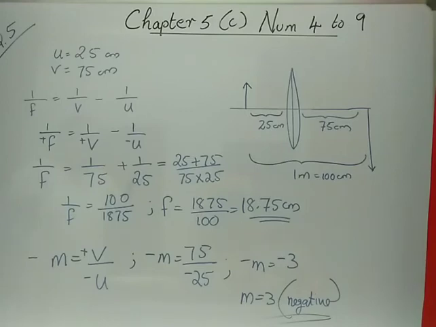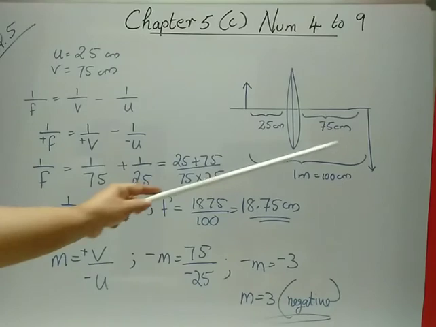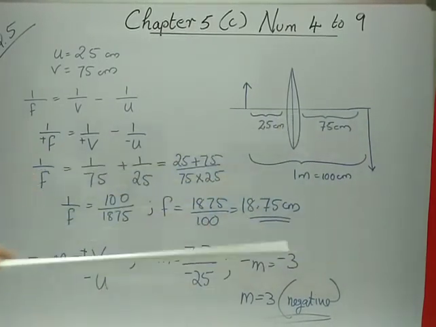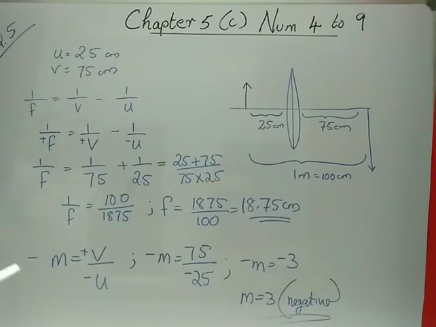Now the second question is to calculate the magnification. Here you can see magnification does not depend on the lens. It depends on whether it is a real image or virtual image. Here it is a real image that is moving downward. Image direction is downward, below the principal axis. So magnification is negative. V, as we already told, is positive. U is negative. So negative M is equal to 75 by negative 25.